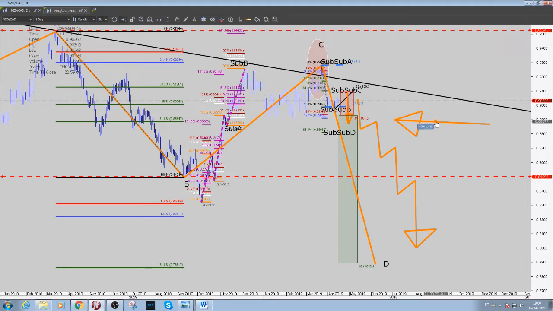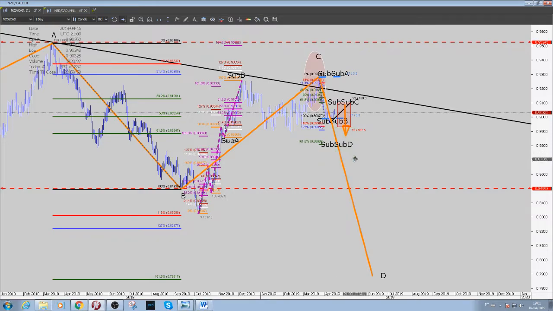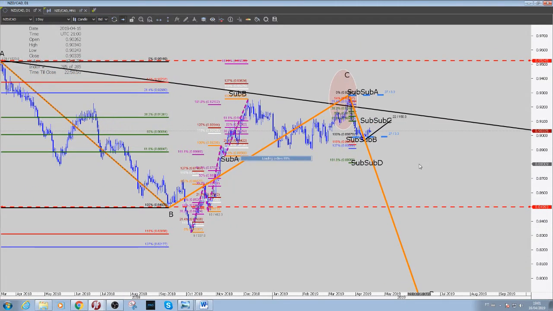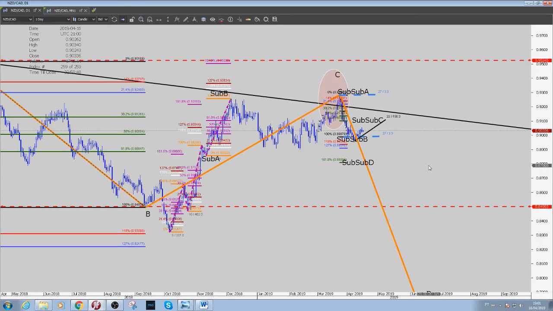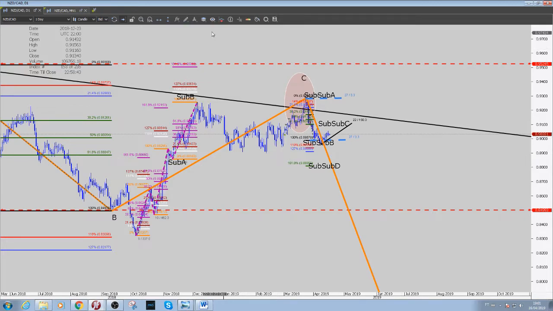Now another thing we need to consider, everybody, is that the contrarian Fibonacci is still in place. Okay, it's still in place. So if the news is going to be good for the NZD, and of course we don't have the crystal ball, this currency pair is going to go up until the white color. Okay, sub A, sub B, our sub C,